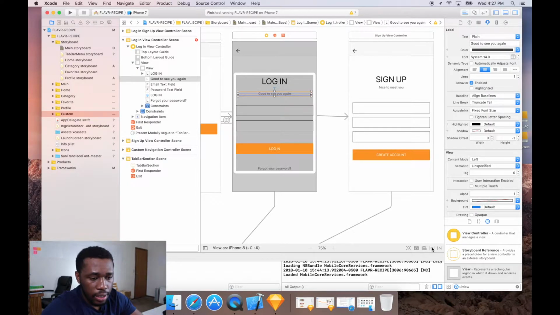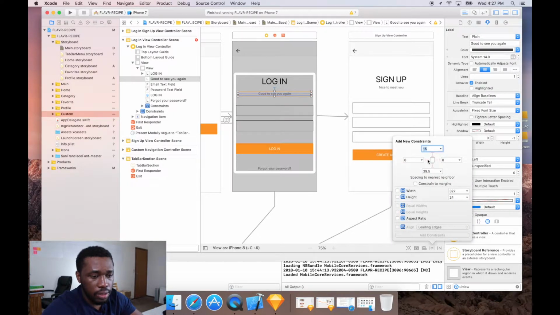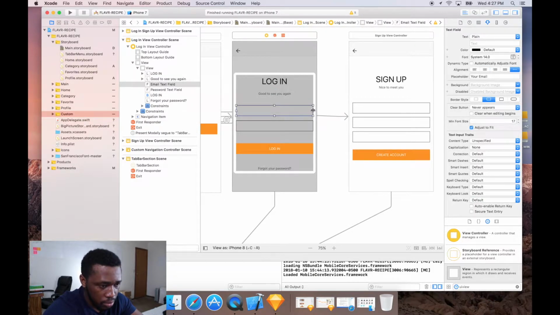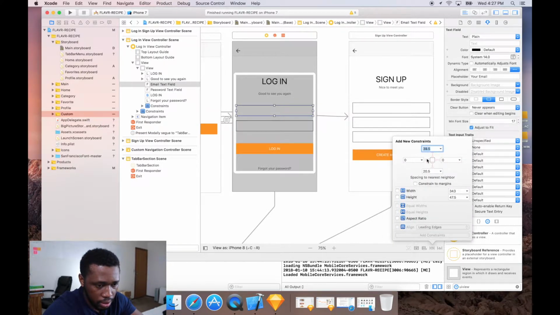And then we're going to select to add more constraints. We're going to select the leading and the trailing like that, and we're going to select the height to be 24, and we're going to add those 3 constraints like that. Next, we're going to select the email text field, and I will just quickly select this to make sure I have zeros at the left and right. So that means it's not going to or going away from the gray view. So I'm going to make sure it's at the same margin with the parent view, which is this gray